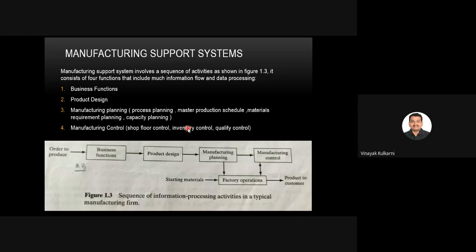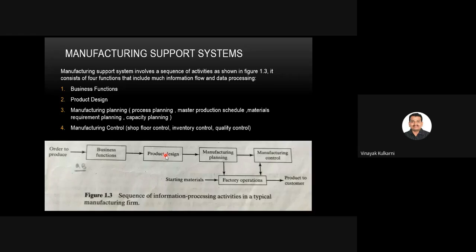If the product is to be produced to the customer specification, the customer will give a specification, saying I want this and this and this in that product. At that time, the product design department of the company will come into action. The manufacturer's product design department may not be contracted to do the design work for the product as well as to manufacture it, in case the customer has their own specification. If the product is proprietary, the manufacturing firm is responsible for its development and design, and the sequence of events that initiates a new product design often originates from the sales department.